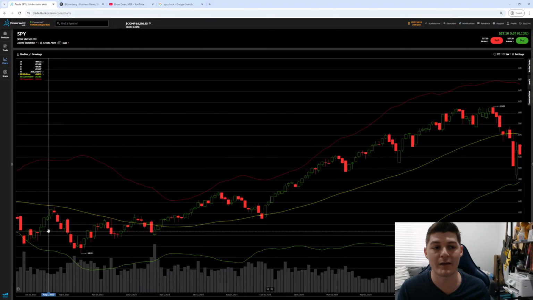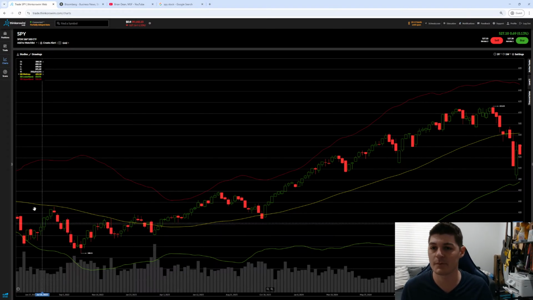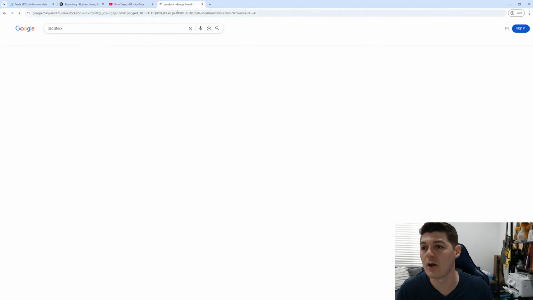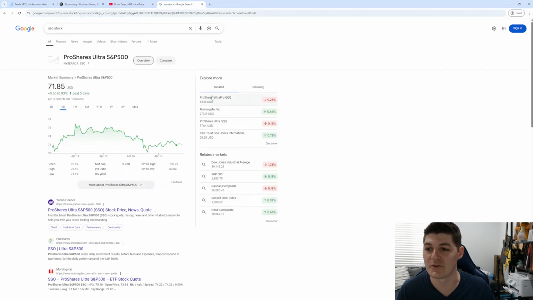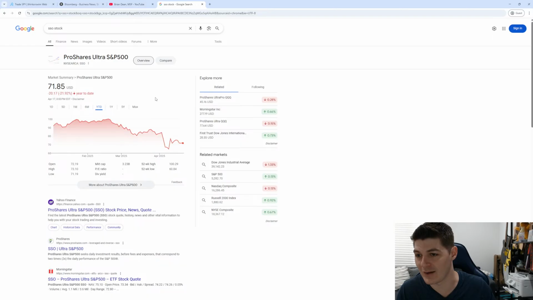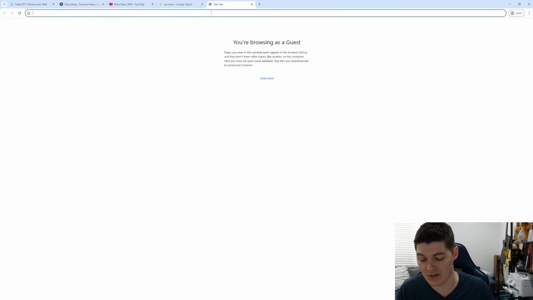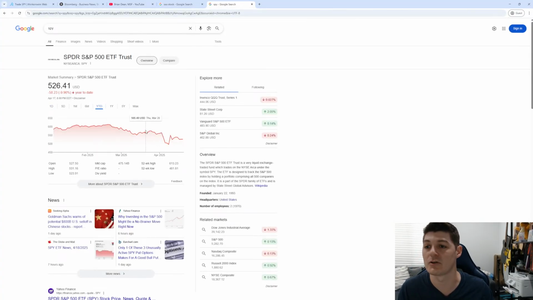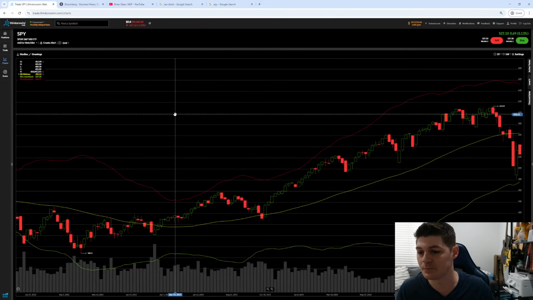You can either reallocate from your existing bond position over to your stock position. If you have an existing stock position, you can take on more leverage. So you could go from SPY, which is just the normal S&P 500, to something like SSO, which is the S&P 500 times 2. So you'll see that over the year to date, obviously the market's been down, but the times 2 ETF is down 22% versus the normal one, which is down 10%. So if it were to go up 10%, you would make somewhere around double that.